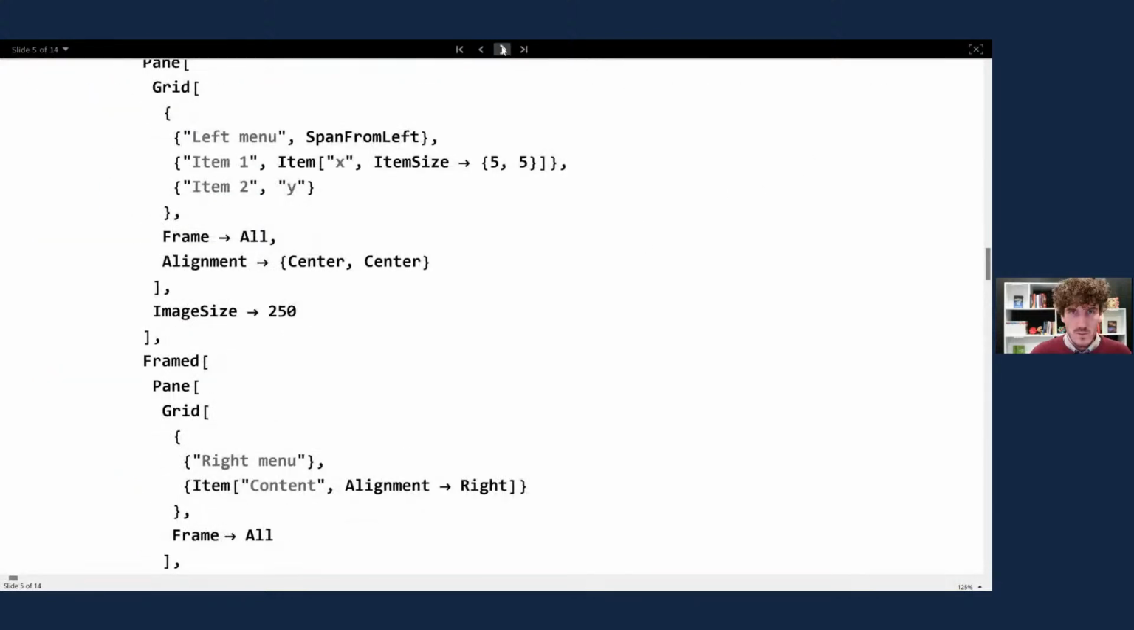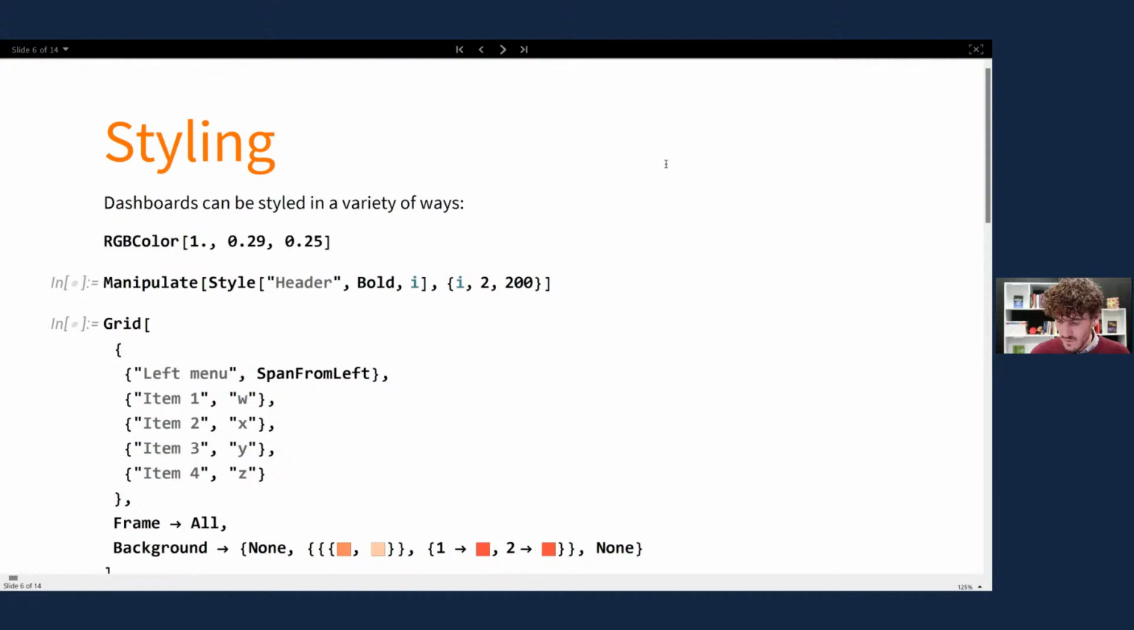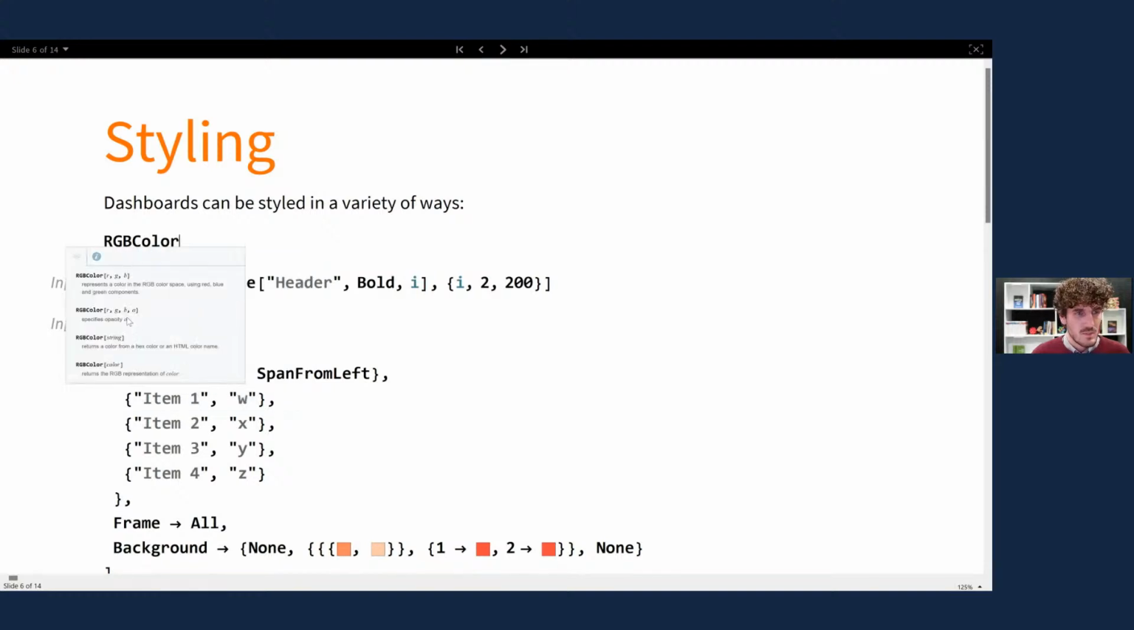Okay, so a little bit on styling, and then we'll move on to deploying and more dynamic things. So when you think of styling, you might think size, color, shape, opacity, that kind of thing. So let me show you what comes up when you first use this RGBColor function. So you have all of the ways you can use it, but most interesting to me is the ability to actually